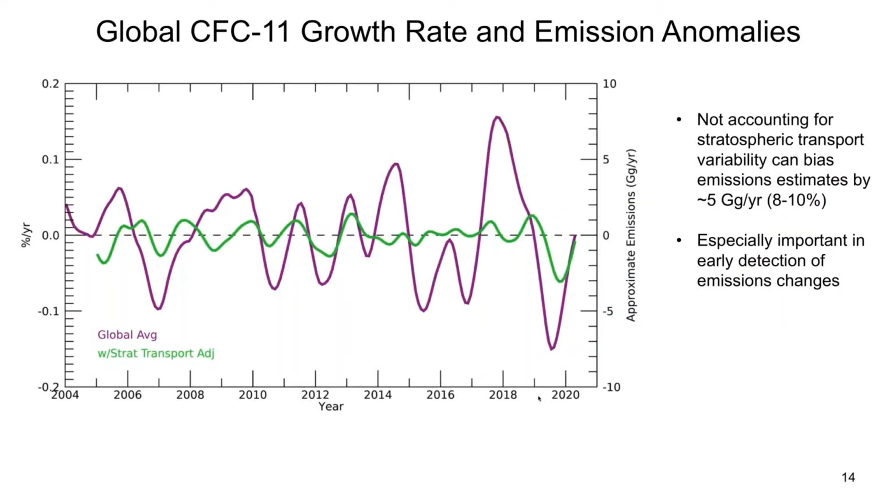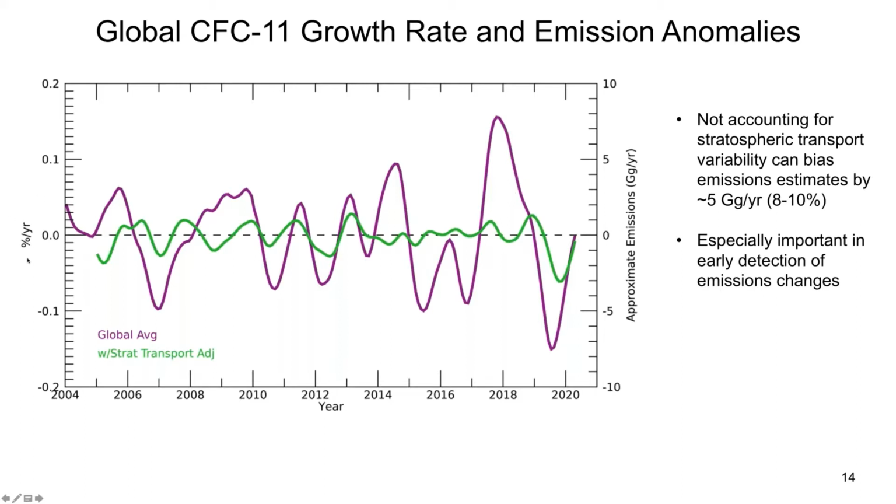Last thing is just if I do something like Steve showed, where I sort of bias correct the global average growth rate using these predictions, I can show you what the result is of that here in the light green. So essentially, the purple is the global average growth rate anomalies, and the green is when I've removed those predictions, okay, over this time period.